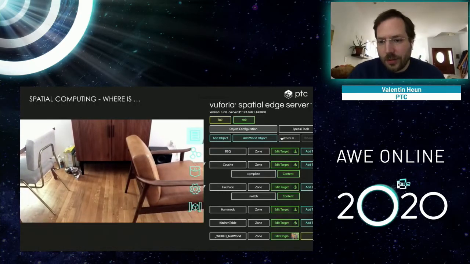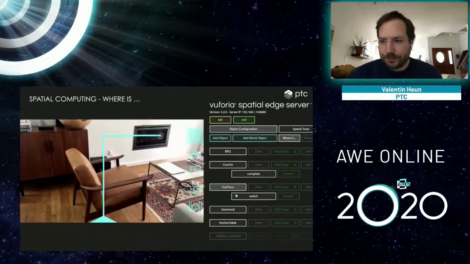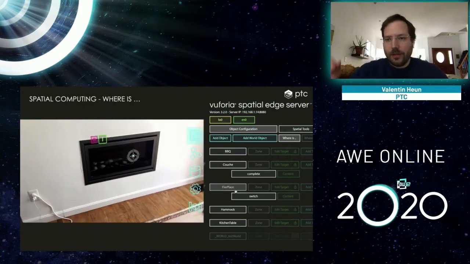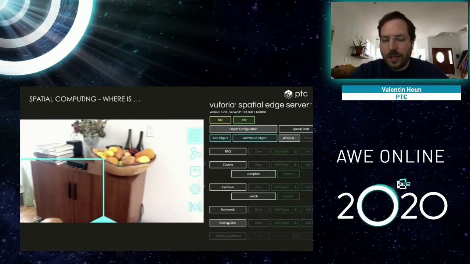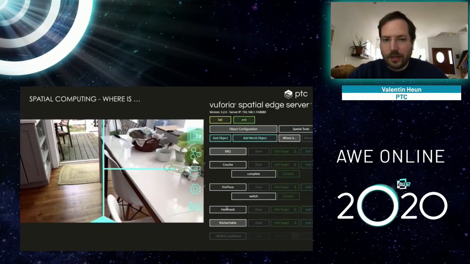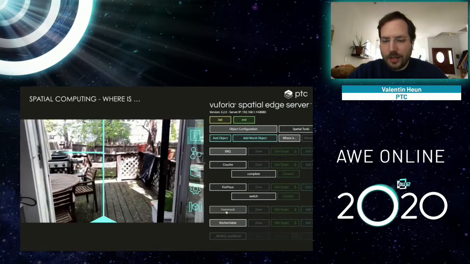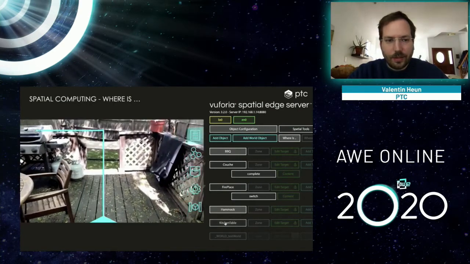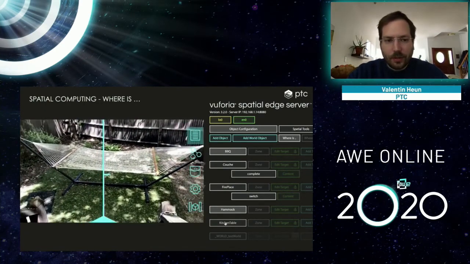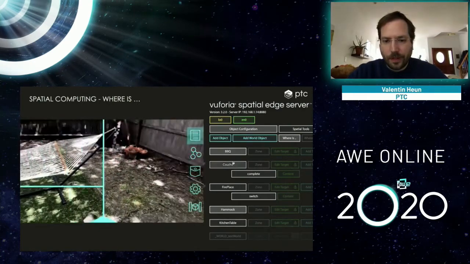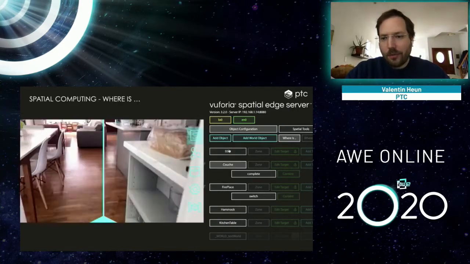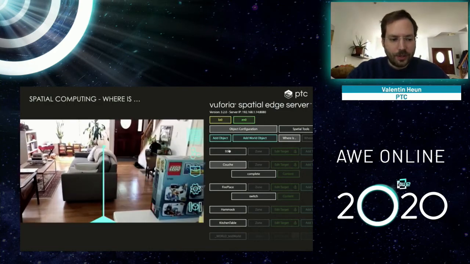A very simple example with a tool that we use in our lab at PTC, we call it the Spatial Toolbox, and I will explain more about it later. It has an edge server, and in this edge server, we have now implemented these very simple questions to just give you an idea already how powerful it is to answer them directly. So I click on where is, and now any kind of object that is located in this server and in this tool, I can just click on it and it will show me the location of this object. This is a very simple example, but it shows you how powerful it already is to just answer these simple questions.